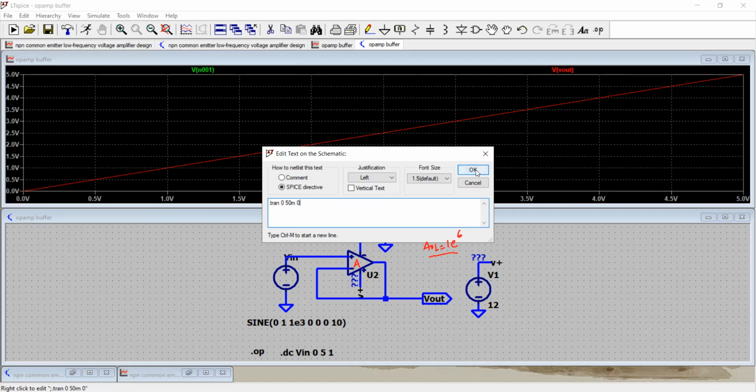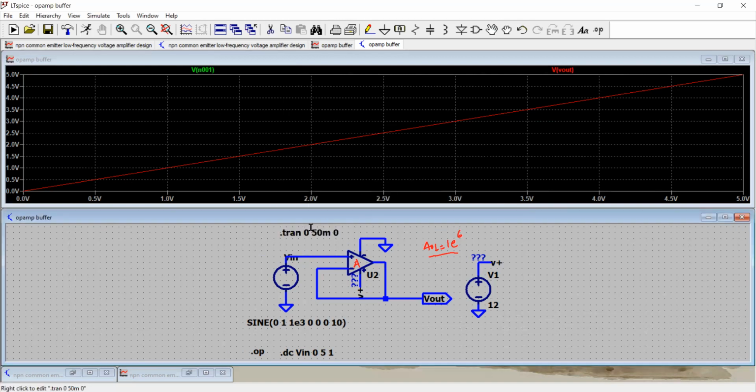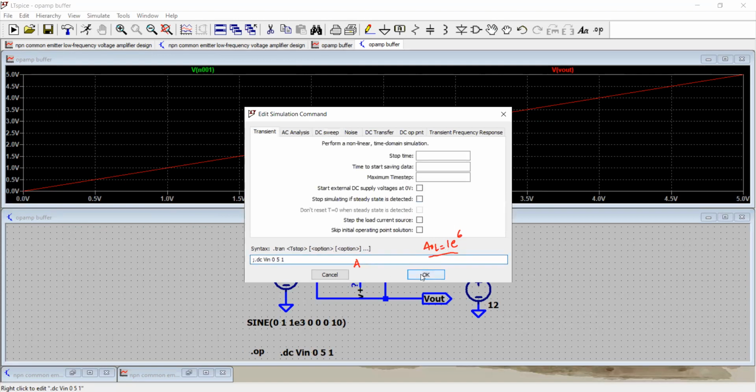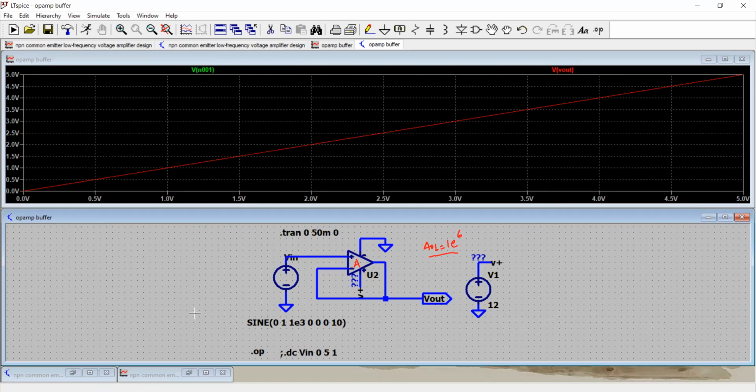So I click OK, and as soon as I click OK, this analysis got enabled. But before running that, I have to disable this analysis, the DC. So I will just put this symbol and click OK. It is disabled. Now it is good. So click here,